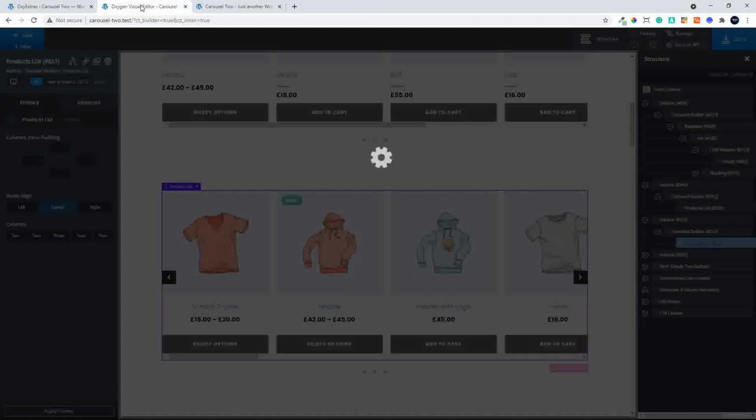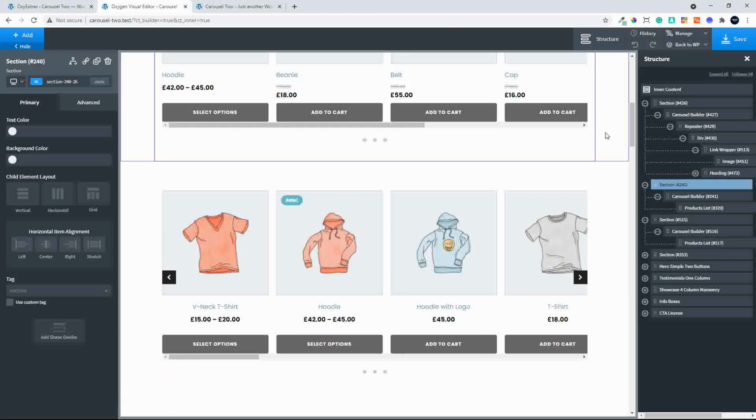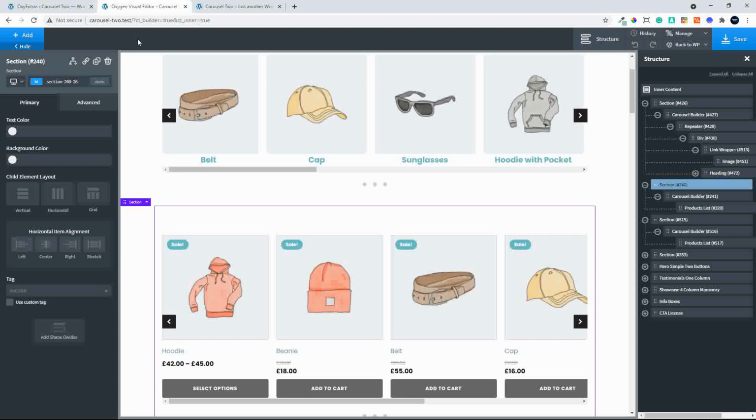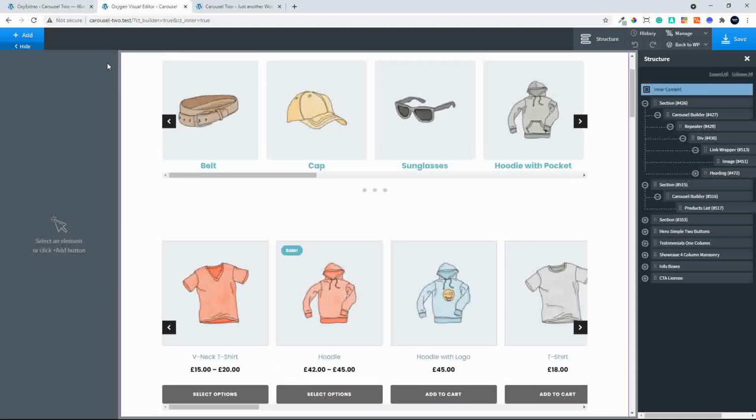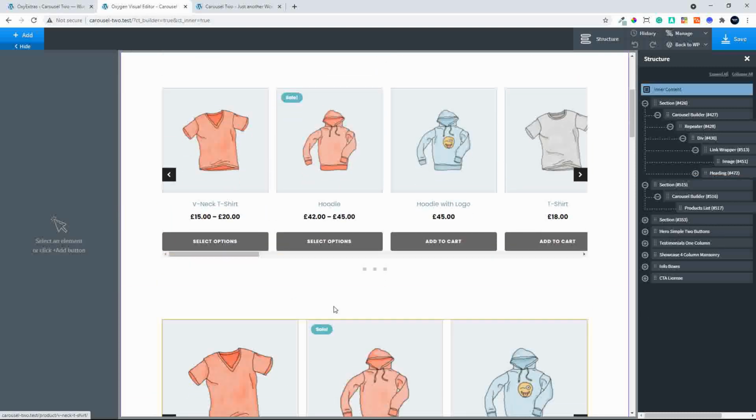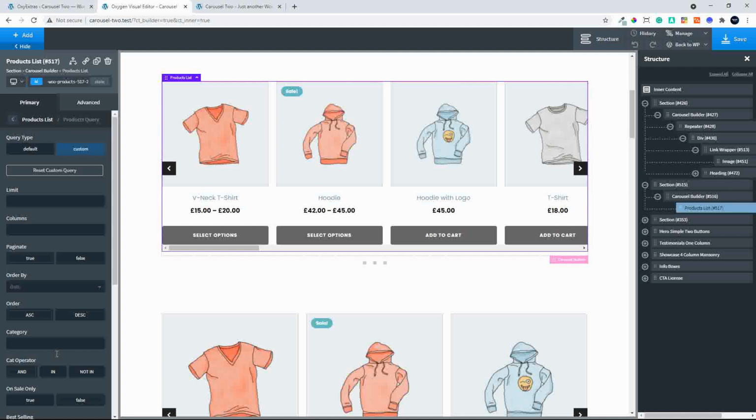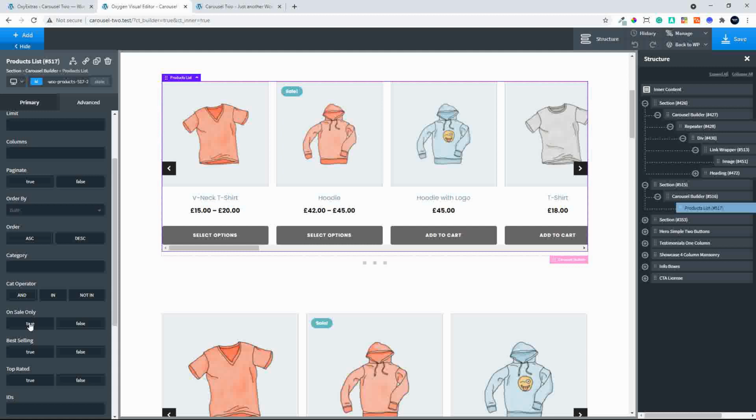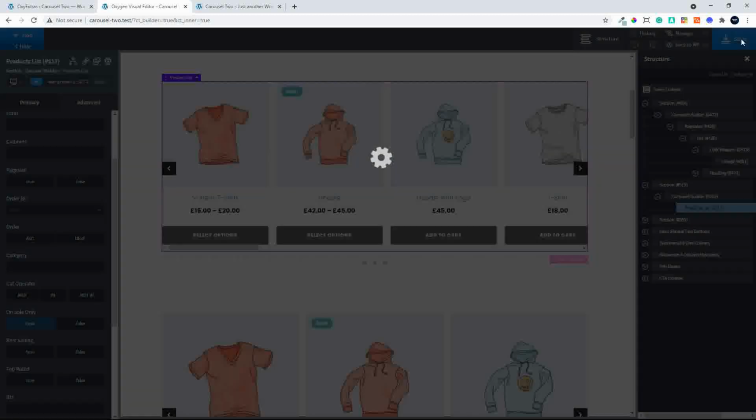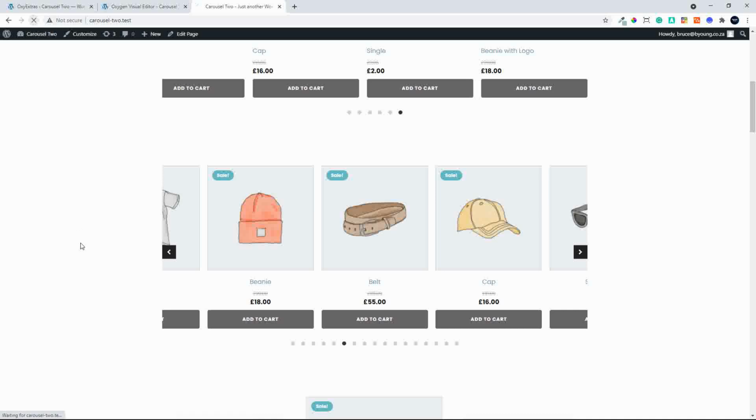Right, so what I'm going to do then is delete the preset that I made and replace that now with the one that we just created. If I just wanted sale items to appear, of course, I would go over to my products list, and in my products query, I can say on sale only, or I could select an individual category and then only have an individual category showing. So if I now go and refresh that with the sale items,